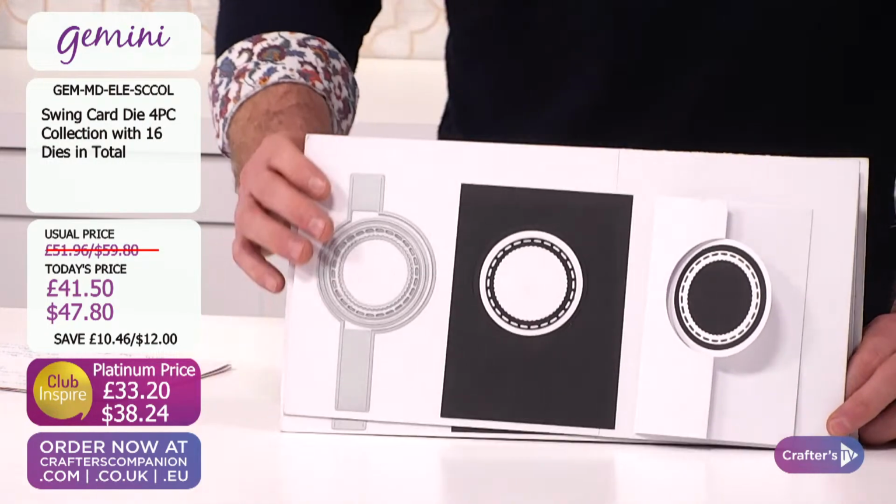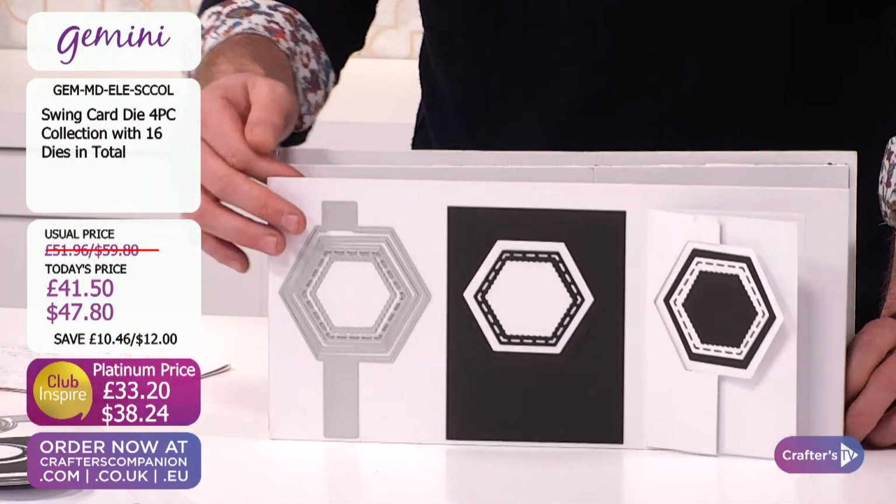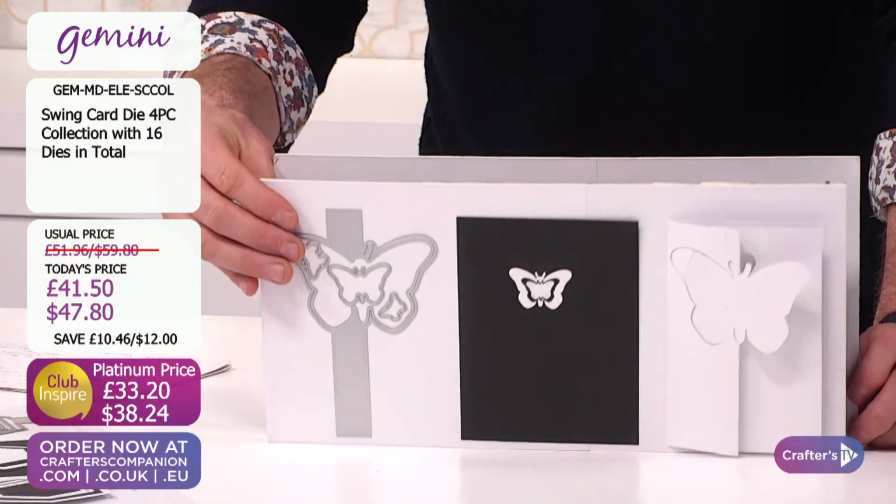And these are all of the different designs. So you've got your circle, you have your hexagon, you have the...